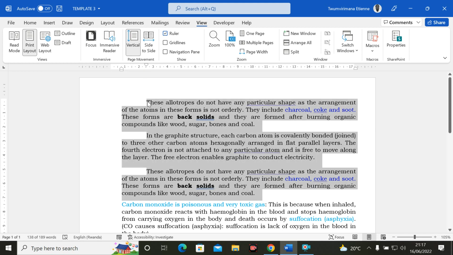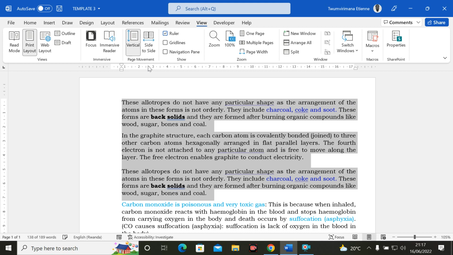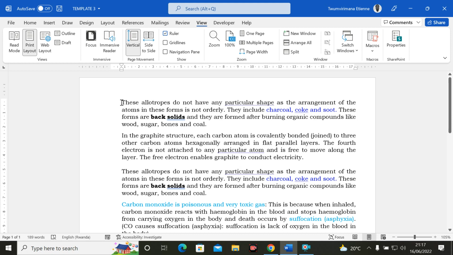You see, they're all moving at the same time, and they are now at the same line. They are now at the same line. And guys, this is how I can just use the first line indent. And still, let's see how we can just use